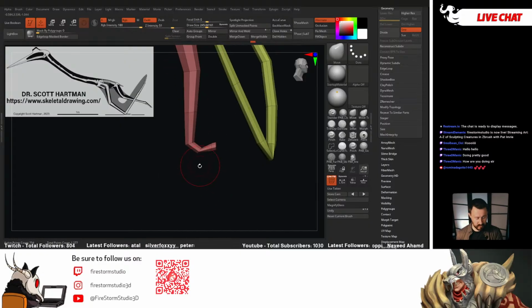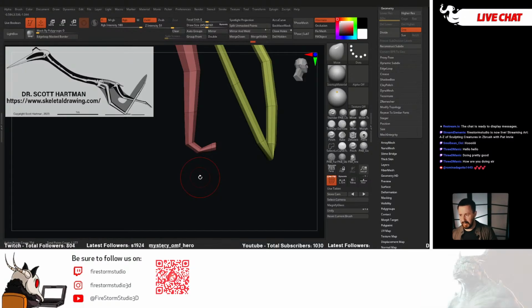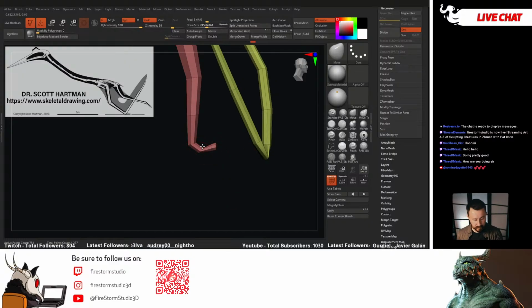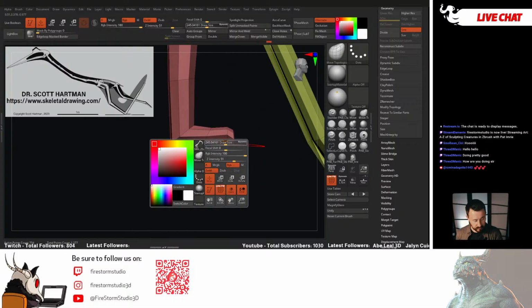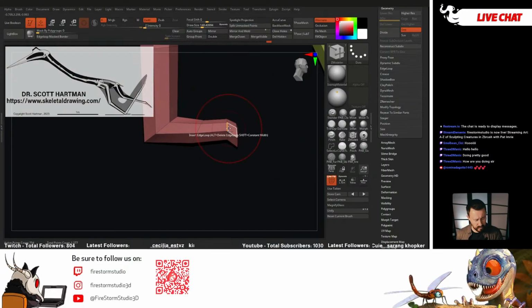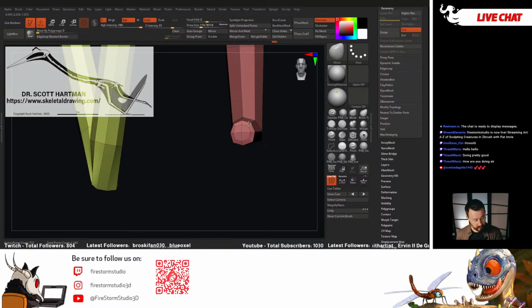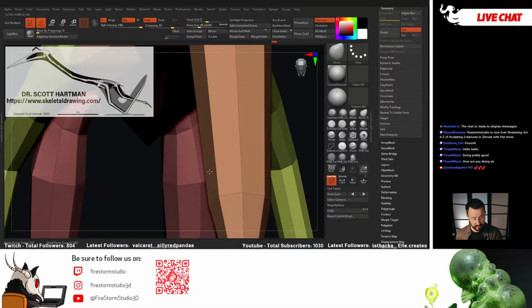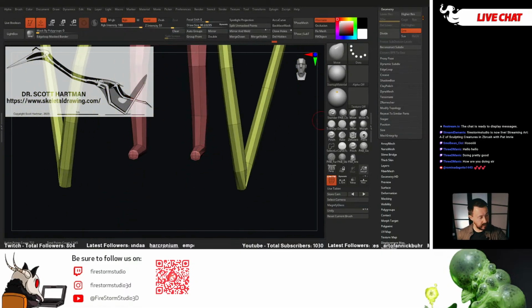Gonna have to fix the feet. Look, all the lovely feet that we had that were completely flat, now they're bent. Terrible. Okay. Let's get those back into position. Go to the move. I'm actually going to grab my ZModeler brush and just delete the edge loops there. That's just going to make my life a bit easier. And their feet shape is, they are quite wide, but they're very flat. So let's bring back our,